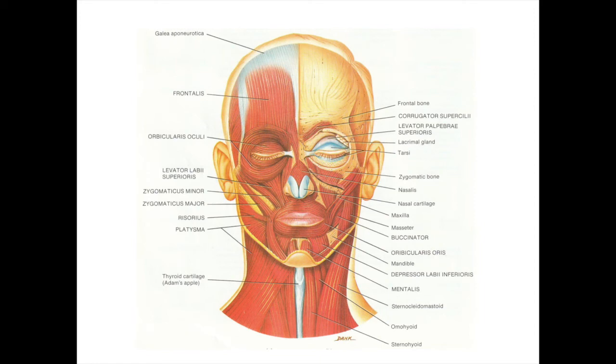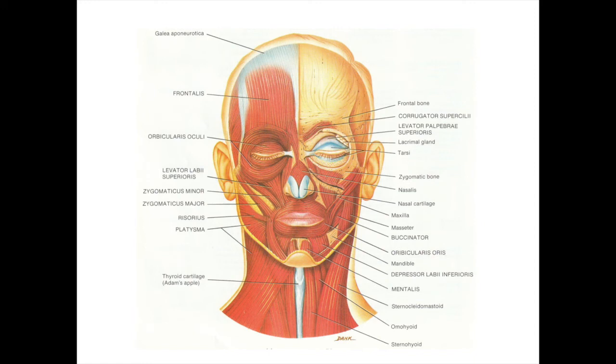Let me highlight a few muscles as they relate to facial expression, and I'll start with one that is directly in front of you here in this image, which is the frontalis muscle. This is associated with the forehead. In terms of the origin, the galea aponeurotica, the aponeurosis that extends across the top of the neurocranium, that kind of